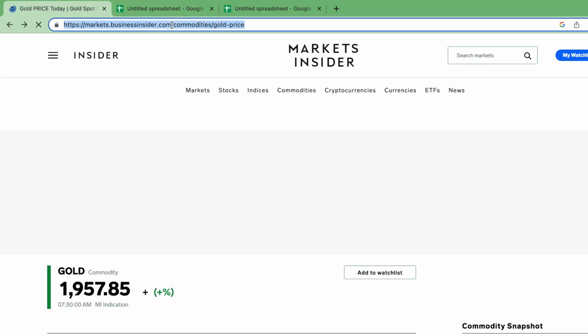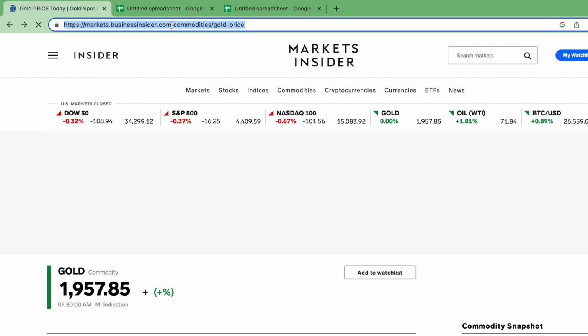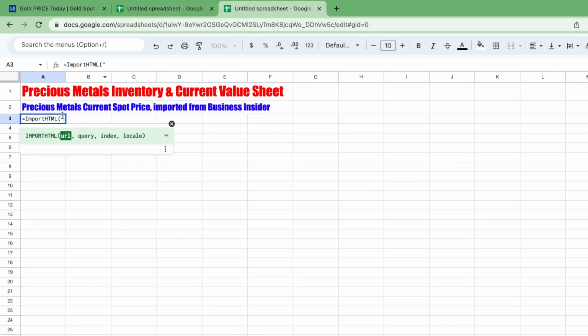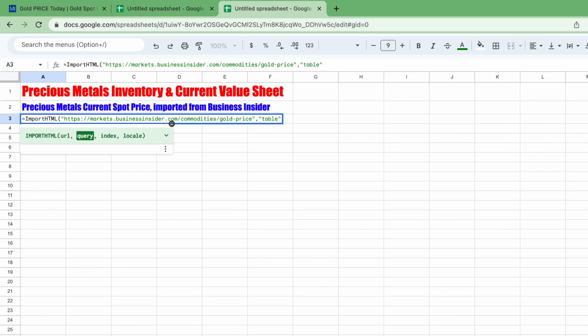So I'm going to go ahead and copy and paste this one that shows gold. So I'm going to copy that, and then I'm going to go over here and hit paste. And then I'm going to make sure that I put a quotation mark and then a comma and then another quotation mark and then the word table, because it's going to grab just the table that includes the precious metals. And then I'm going to end parenthesis. And then when I hit enter,